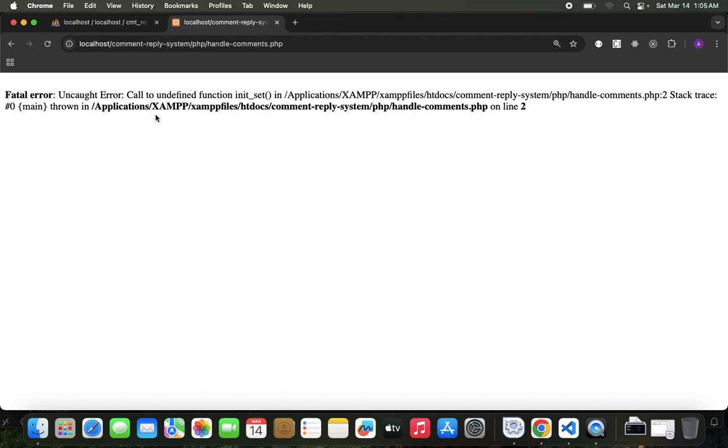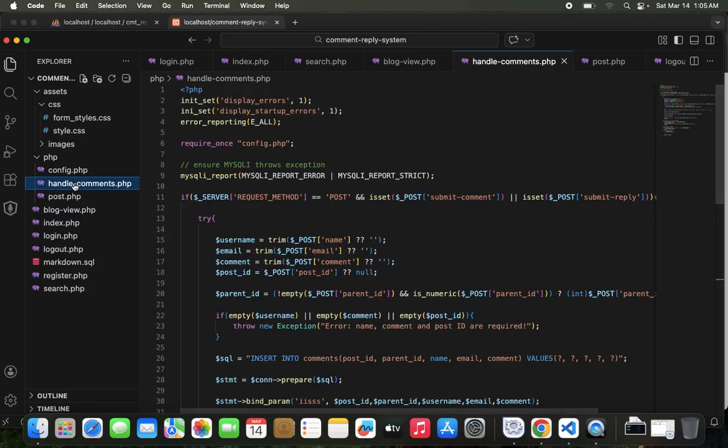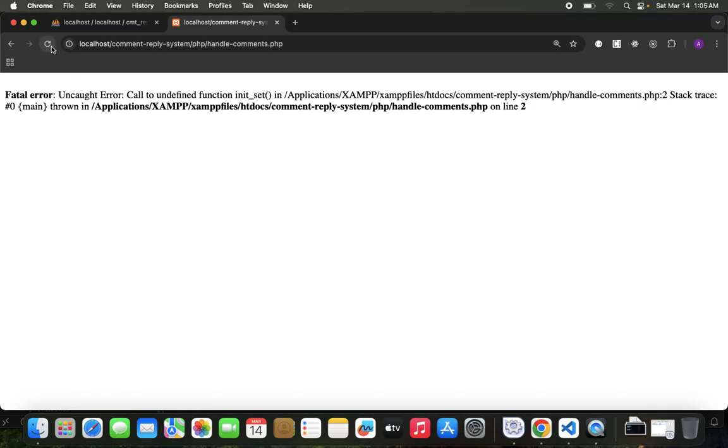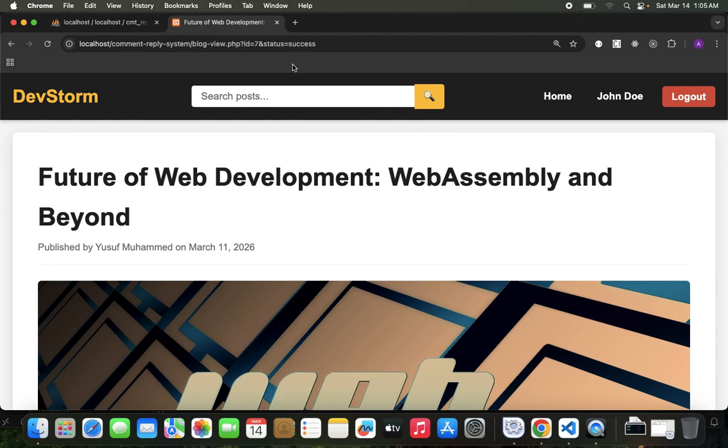Okay, now we have an error here. It says uncaught error, call to undefined function init set. Okay, so my bad, that is from me. This shouldn't have been init, it should have been ini. So save, and then let's try to resubmit. Continue. Okay, so we get the status success, which means we are able to